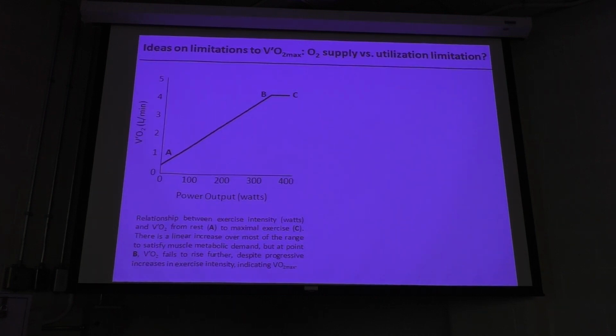So let's consider some of the ideas on the limitations to somebody's peak cardiorespiratory fitness. So we've got VO2 in terms of power output here, okay? So again, we're looking at the relationship between exercise intensity, so an indication of ATP demands, and VO2 on the y-axis from rest to maximum exercise. So we're going from A to C. So let's assume that somebody was able to exercise to a true VO2 max, right? There's a linear increase over most of the range to satisfy muscle metabolic demands in VO2, but at point B, VO2 fails to rise further despite progressive increases in exercise intensity,